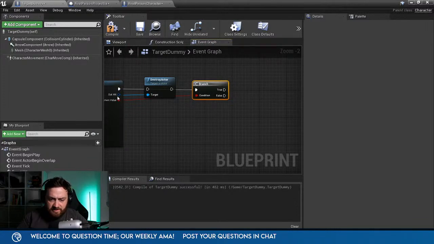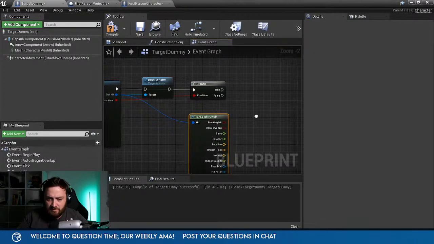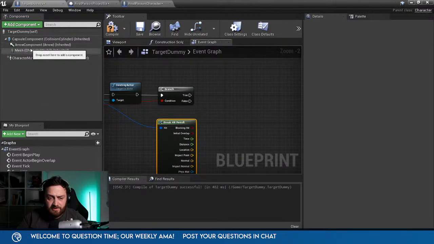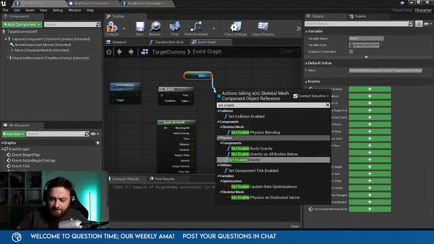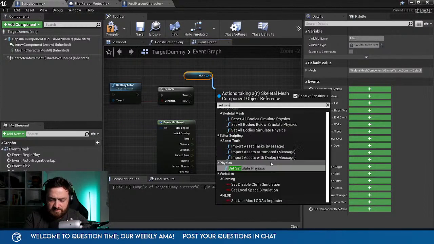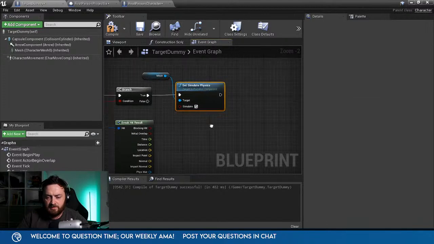And then we'll take the out hit and break that. And on the target dummy here, we're going to enable physics on the mesh. Set simulate physics, set to true. And plug that into true. So that will go in like Ragdoll mode, basically.